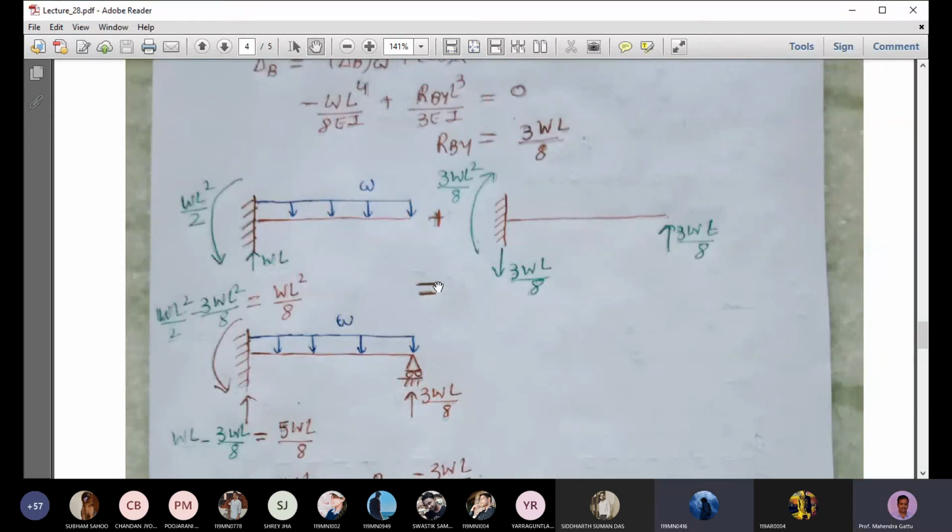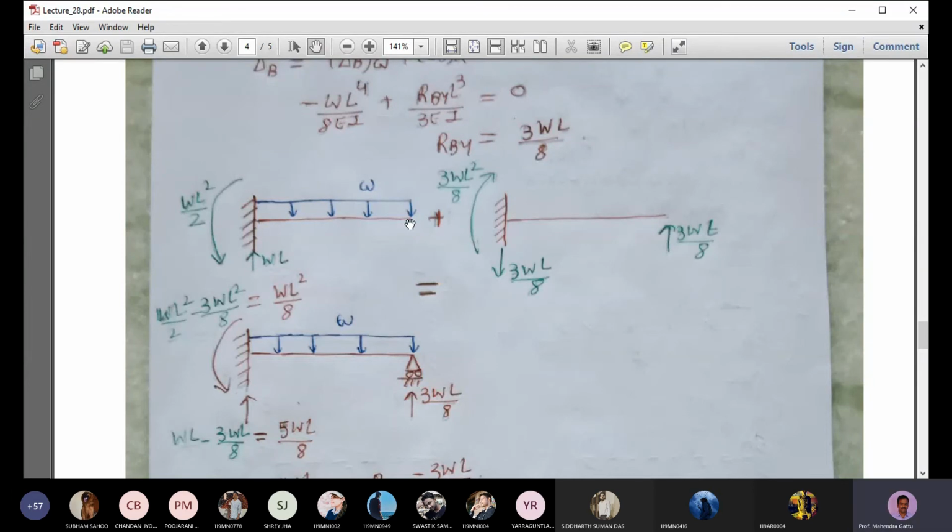What about the shear force at that point? Then for shear force, you can draw the free body diagram. It will be WL minus WX, something like that. Yesterday we did some problem like this. Yes, WL minus WX, that is the shear force. And if you integrate it, it will be WLX minus WX square by 2 plus some constant. That constant at A will be minus WL square by 2. So we have to write plus WL square by 2.